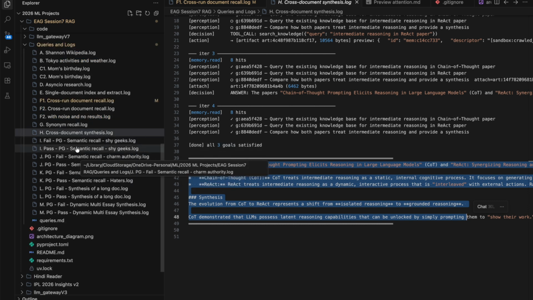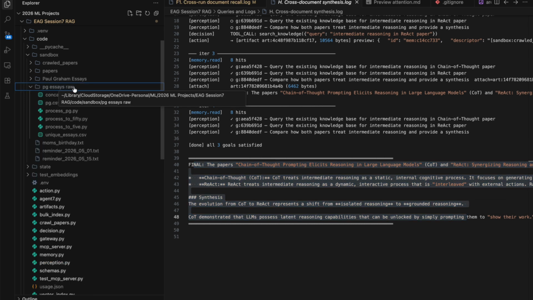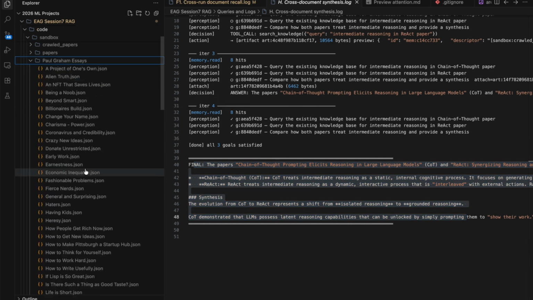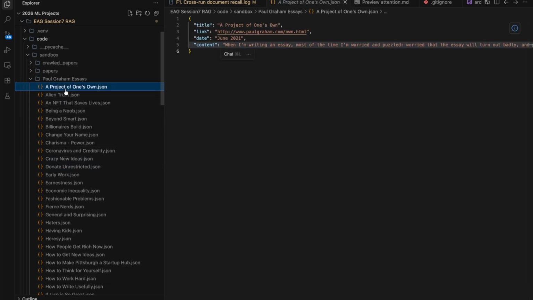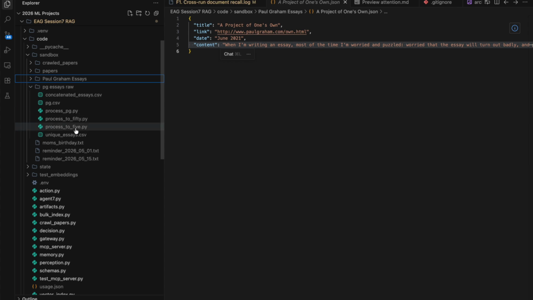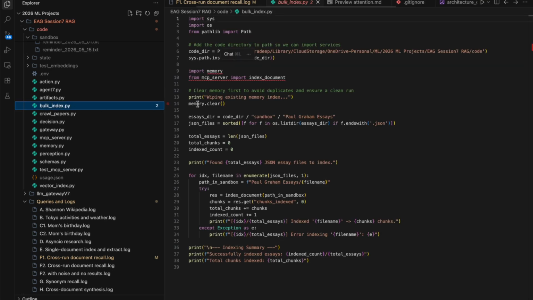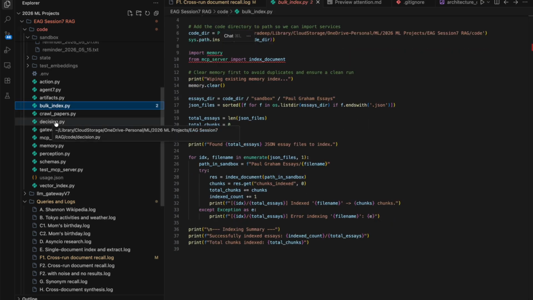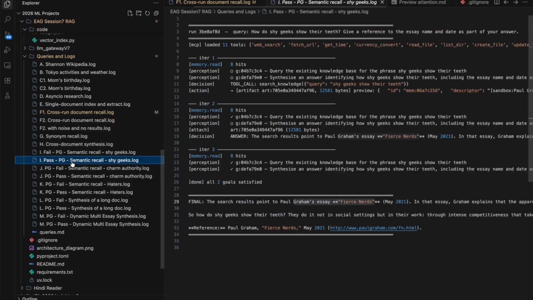Now let's jump into the custom RAG system that I created. Just like the papers, I fetched all of Paul Graham's essays and then cleaned them up, formatted into the structure that I prefer. These are all separate JSON files for every essay, which has title, link, date, and the content. I used a bulk index file to index it in one shot because it was 50 files. I didn't want to do it as part of the query. And then once it is indexed,